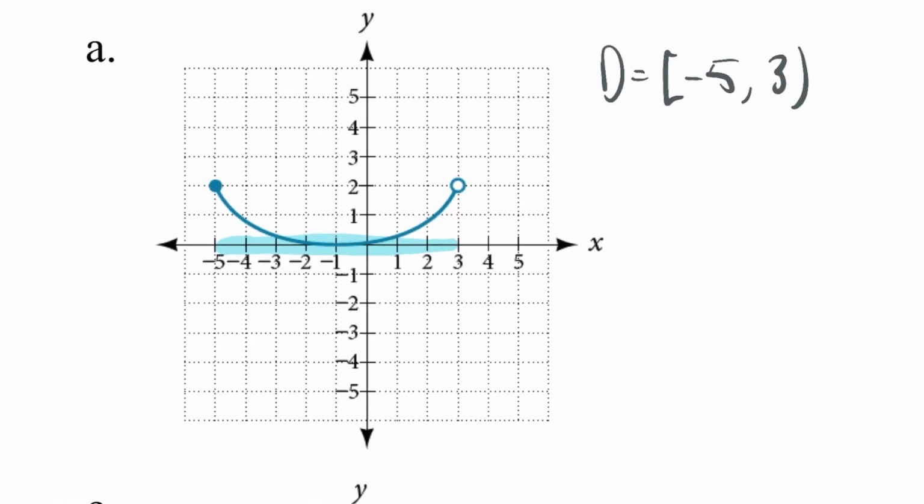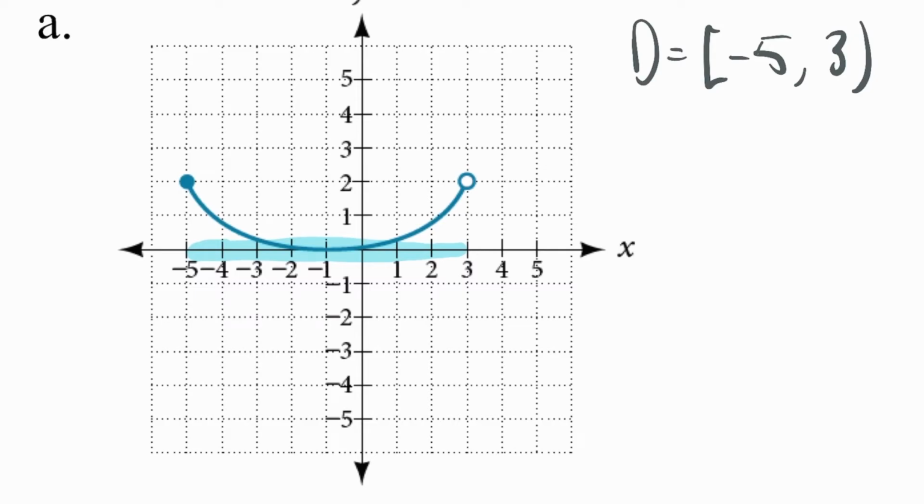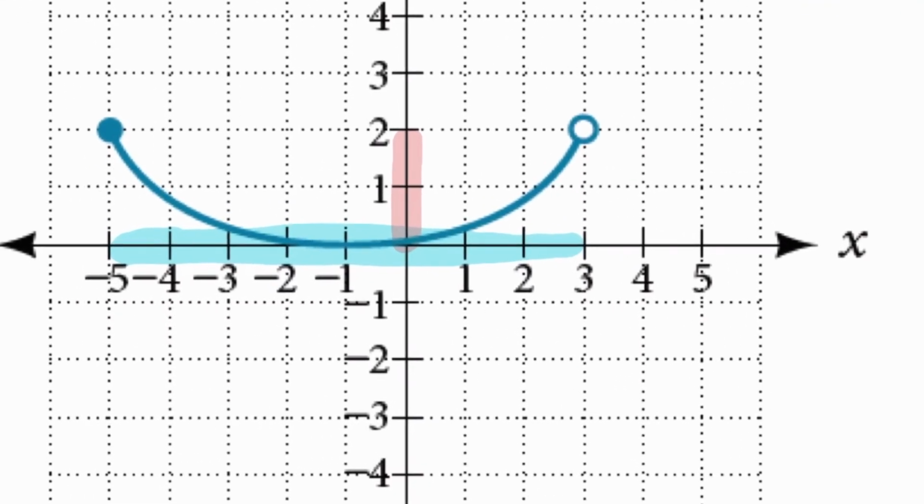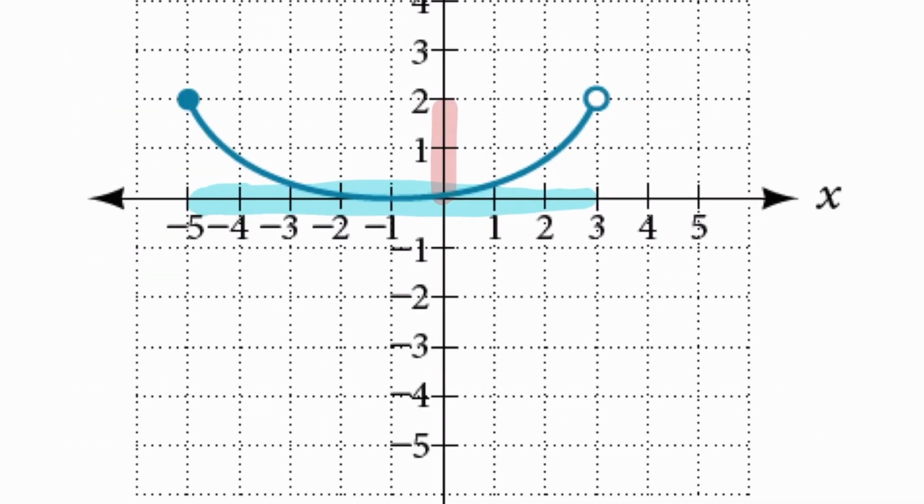Now, when I go look for the range, I'm looking at the vertical component. What vertical space is covered by the graph? Basically, it's from 0 up to 2. At 0, I can look on the graph at that low point, the bottom of it, which is like a bowl. At the bottom of the bowl, the graph touches the x-axis, so there's an x-intercept there,